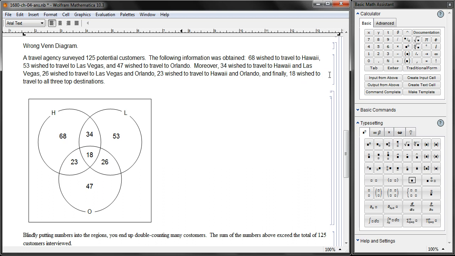Well, use your critical thinking skills. How did you end up with more than 125 people out of 125 total? You must have double counted, triple counted some people. Indeed, that's what's going on here. 68 people who wanted to go to Hawaii. That 68